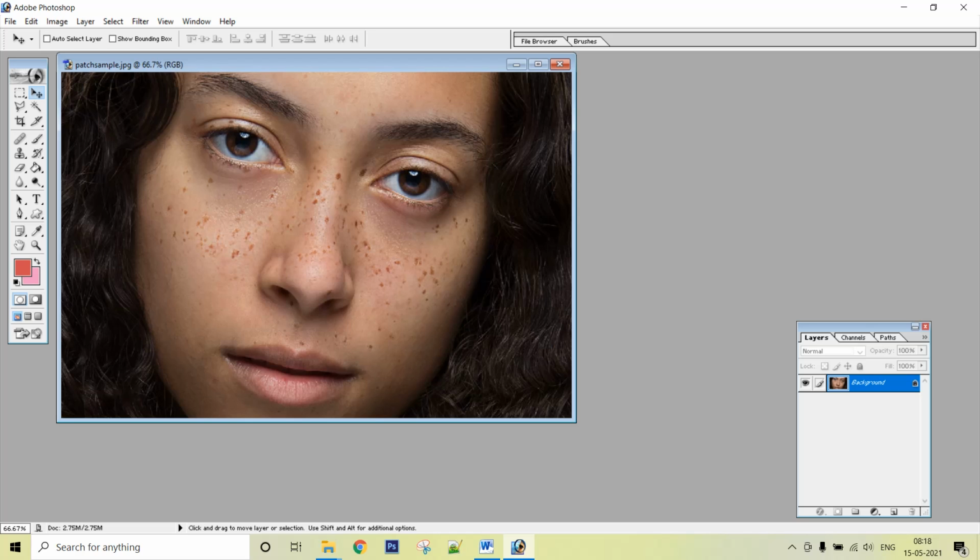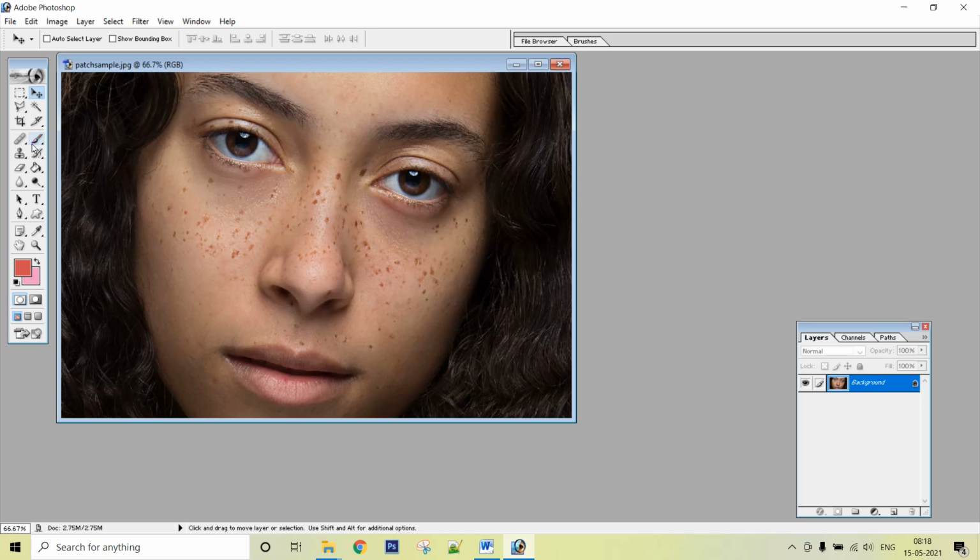The patch tool matches the texture, lighting and shading of the sampled pixels to the source pixels. So source pixels are from where we are selecting, and the destination area is where we are copying those pixels. This tool can also be used as a clone for isolated areas of an image. If you want to do some cloning on an isolated area, then you can use this particular tool.